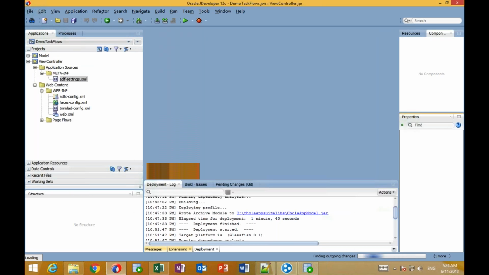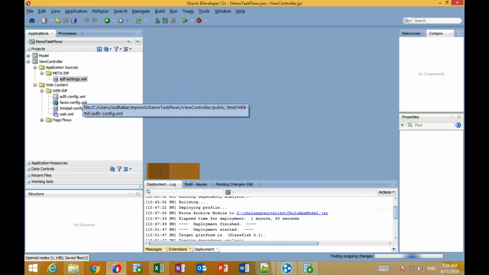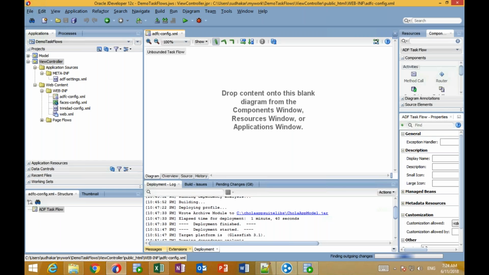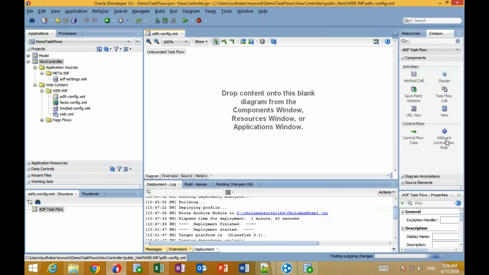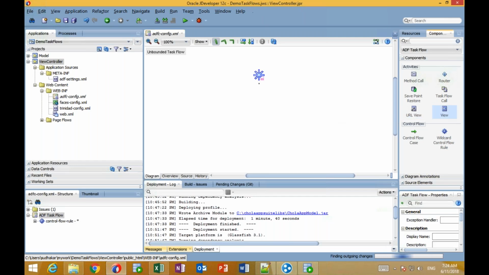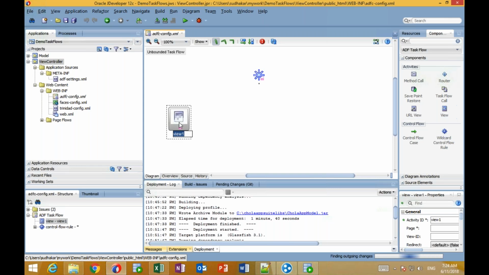So whenever I create a new application, you could see that this ADFC config file has been automatically created. This is nothing but an unbounded task flow. If I want to add a home, preferences, all those things, I can do that as well. For example, I can make a wildcard rule, and in that I can call a few views like home,